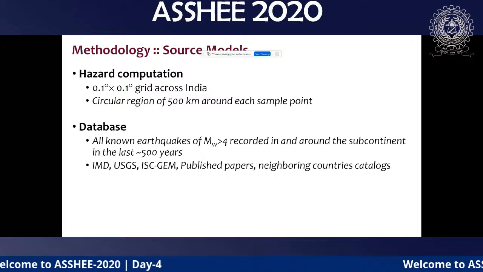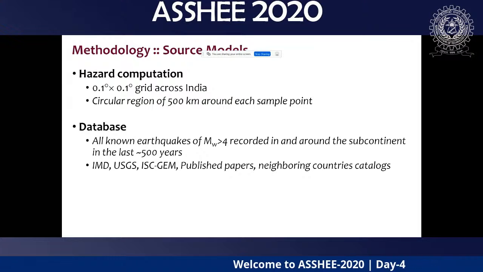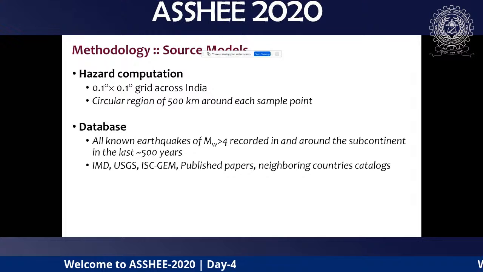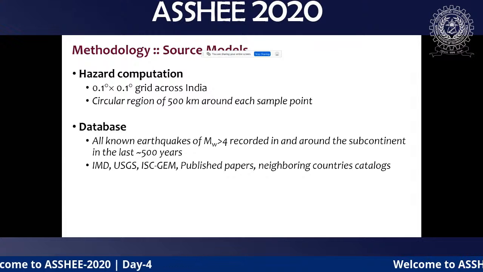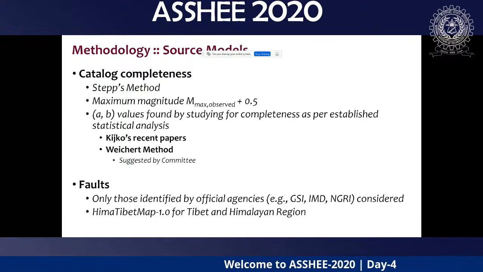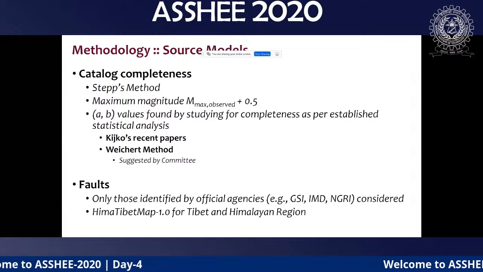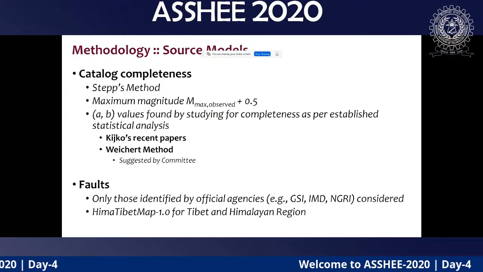Recently, Nepal and Thailand have also done seismic hazard maps, so they have also developed their own catalogs. So all this information should be compiled to develop a catalog for our country, which can be used for recurrence relations. Now, to do this catalog completeness, we know there are many uncertainties. So one should use the STEPP method, and then visual methods have to be used.